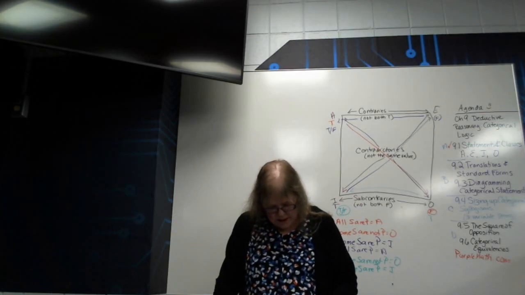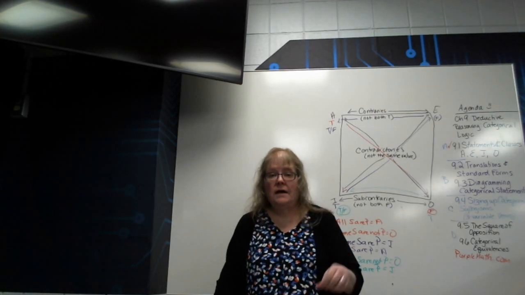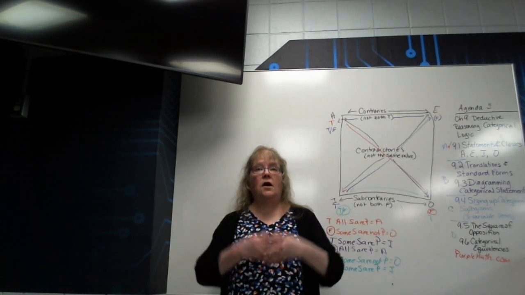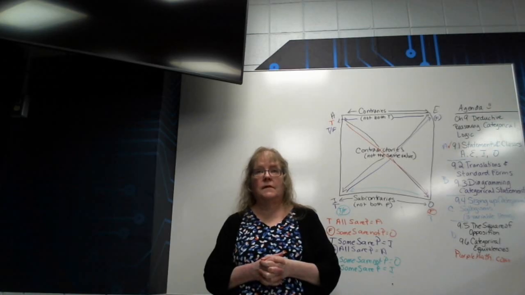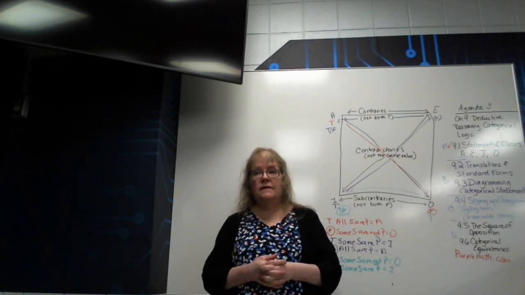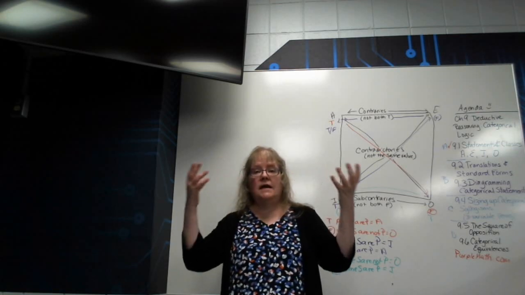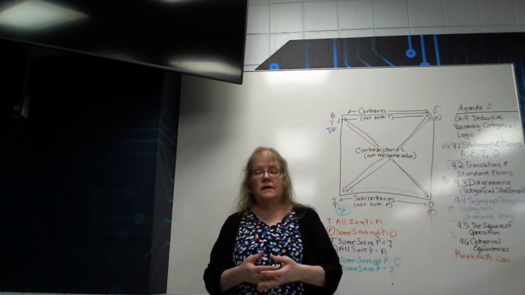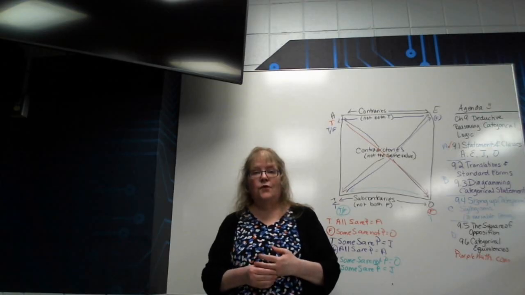Thus, if there's a class P, there is also a class non-P. Every time we make a categorical statement, all cats are carnivores, we're also saying there is a null set for